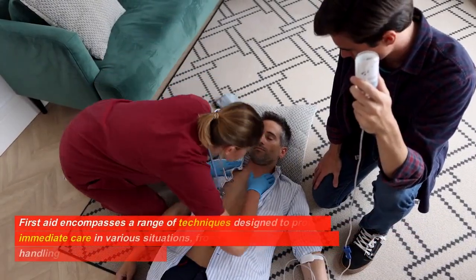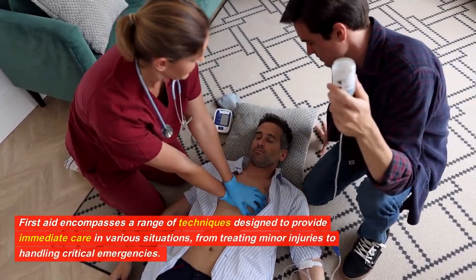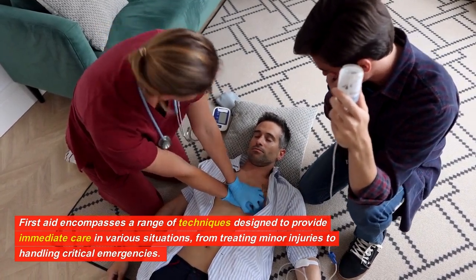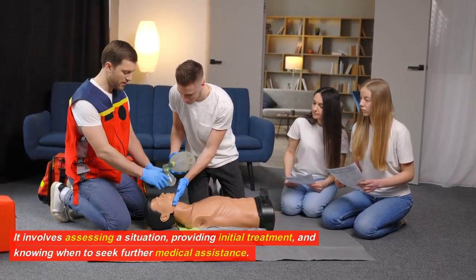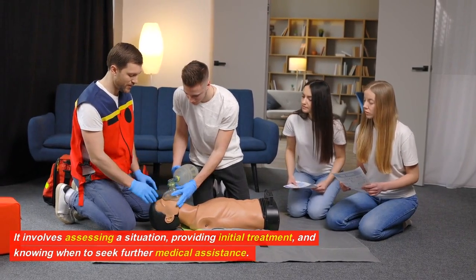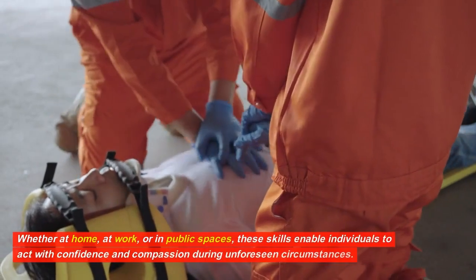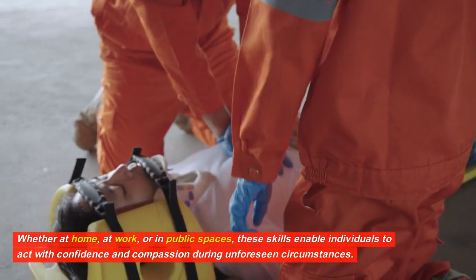First aid encompasses a range of techniques designed to provide immediate care in various situations, from treating minor injuries to handling critical emergencies. It involves assessing a situation, providing initial treatment, and knowing when to seek further medical assistance. Whether at home, at work, or in public spaces, these skills enable individuals to act with confidence and compassion during